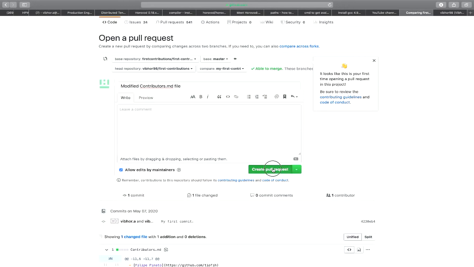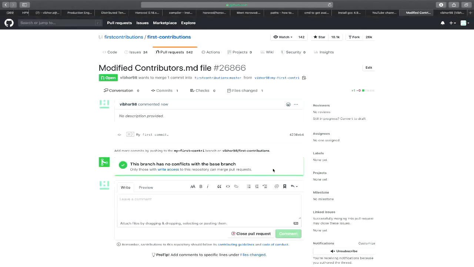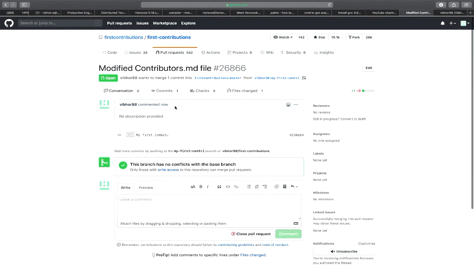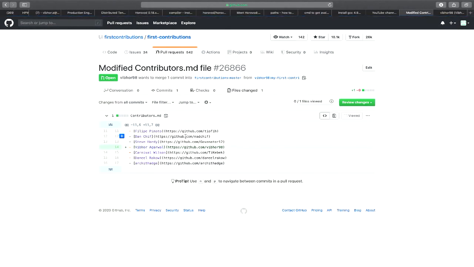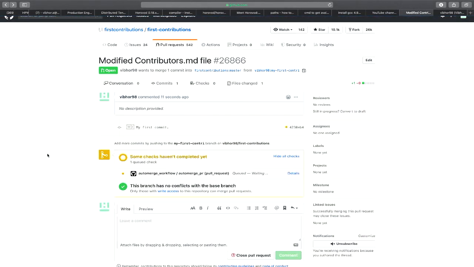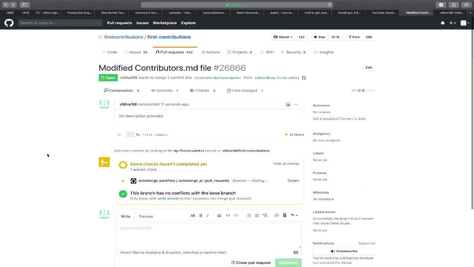And then I'll say create pull request. Yeah. So here, this is the pull request that I have created. This is the file that I have changed and everything, right? So this is how you can also make your first pull request.